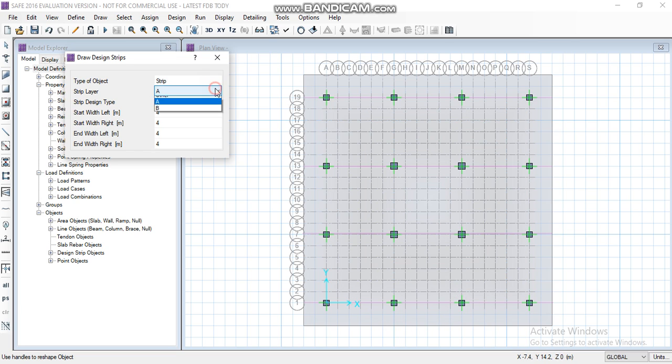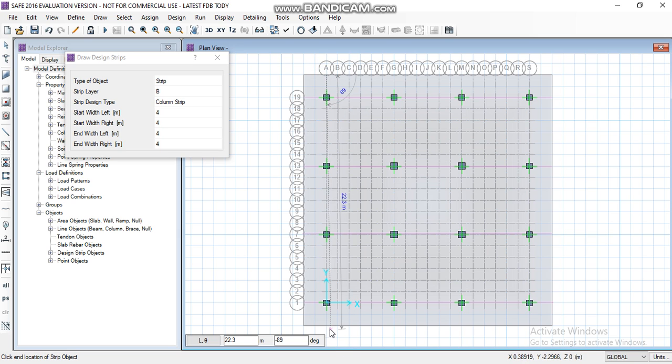And change the strip layer to B, and draw through the column centers in the Y direction. Now press escape.